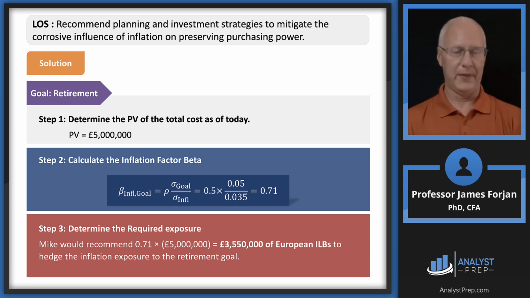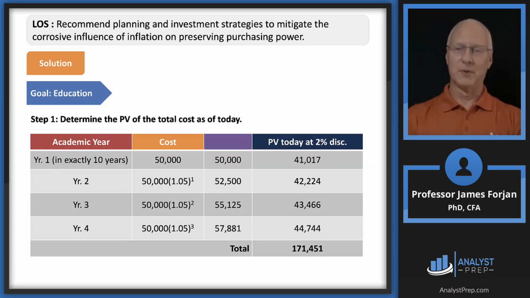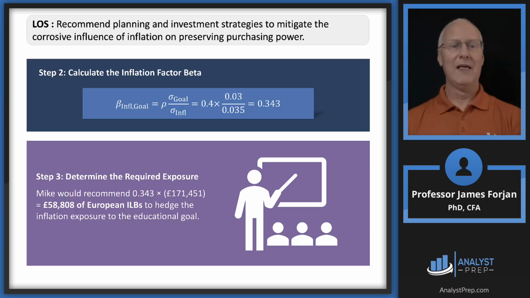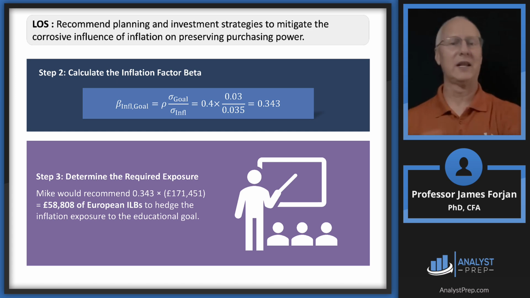So I want you to think about this, it's not exactly, but it's kind of like inflation immunizing a portfolio. So what do we have? Remember, we've had great conversation of goals-based stuff. So here we had this one goal to provide for the education for the client's child. Well, what are we going to do? We're going to match, we're going to immunize by working through this process. And so the 58,808 of these bonds are going to get us to that goal.